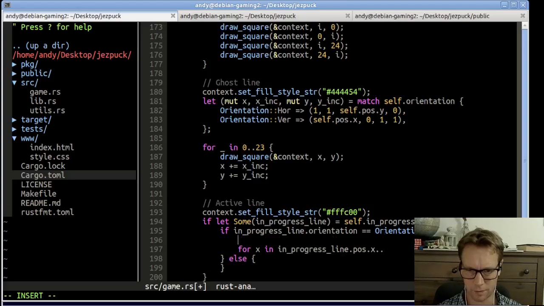So let's just have some variables for this. So start will be this, end will be start plus in progress line dot